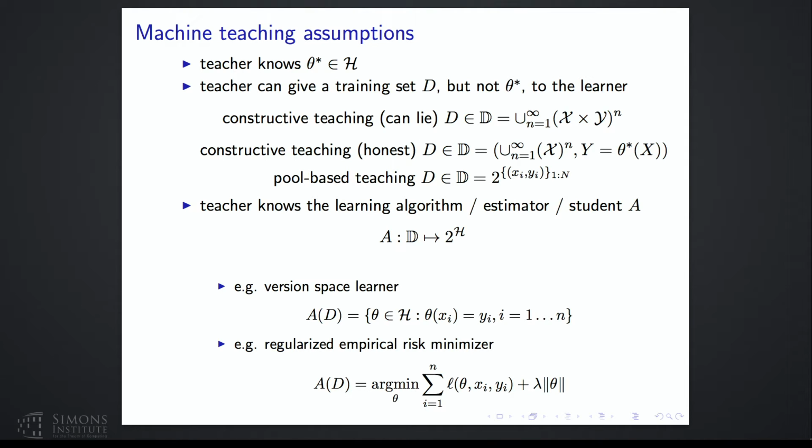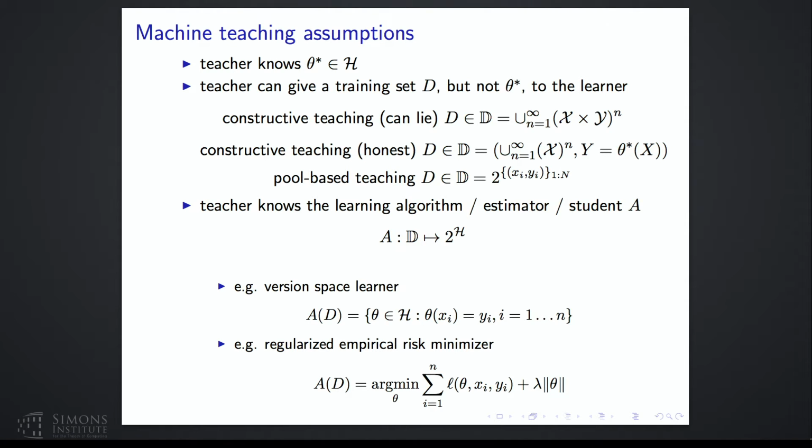So it's going from a training set to something. And let me give you 2 examples. One is our famous version space learner, where A given a training set D would simply give you back the subset of